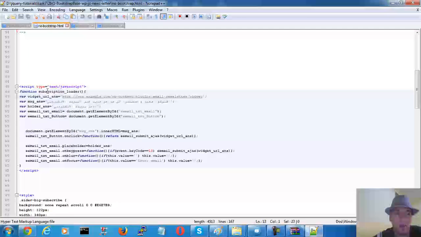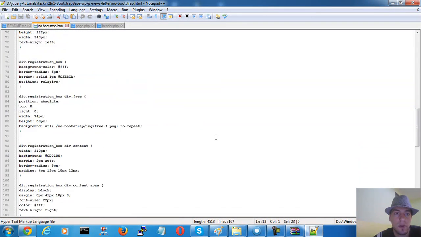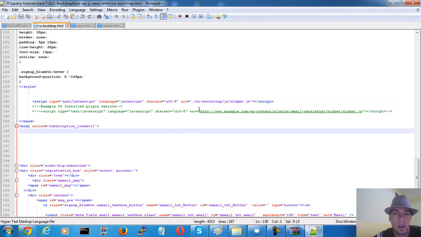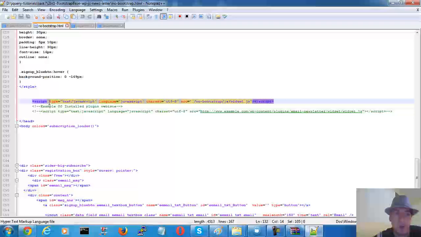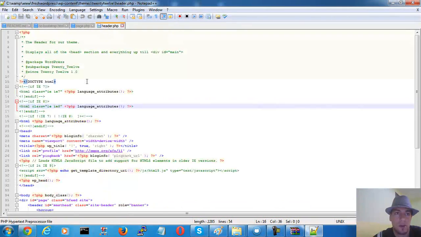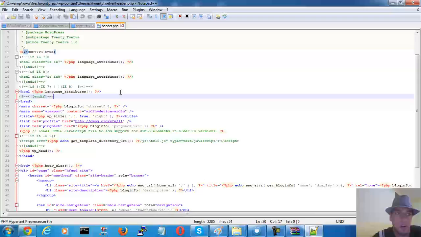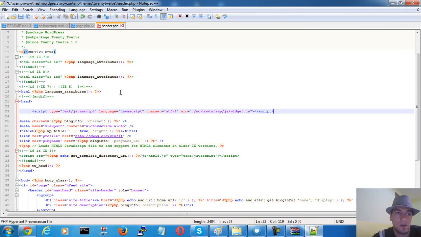You need to copy the widget for our script. So this is gonna be our widget, or you can use this actually. Yeah, you copy the script, you go to header, you go to the HTML here, and you type the script,